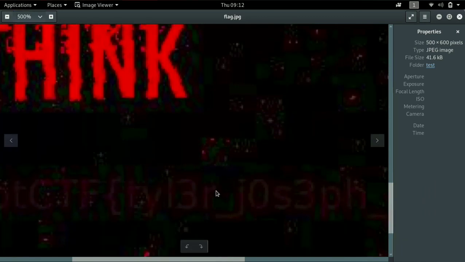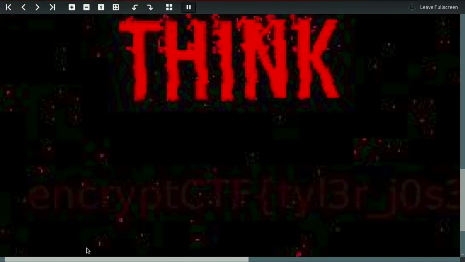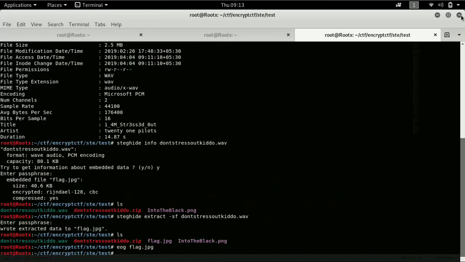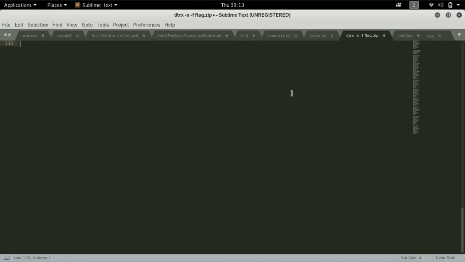There is a flag. Yeah, here is the flag. It's the encrypt CTF TY13RJ0S 3PH underscore IS-4 GOD. Okay, let me go with the next challenge.